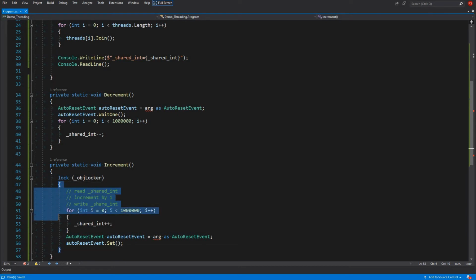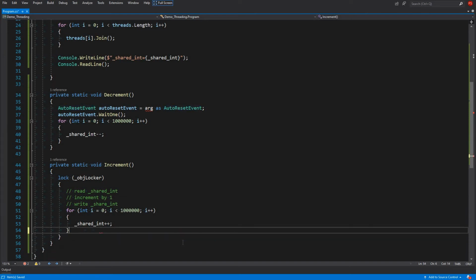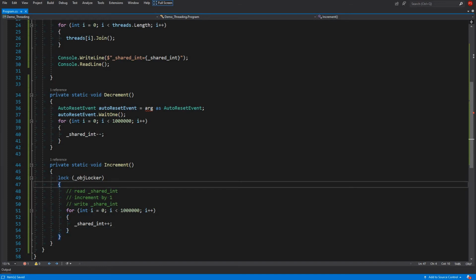Everything inside this pair of curly braces is a critical section, and I like to call it critical scope. Only one thread at a time can enter here.